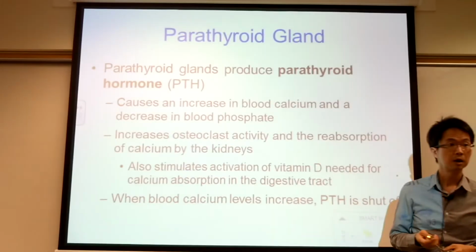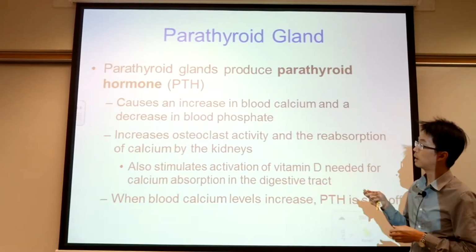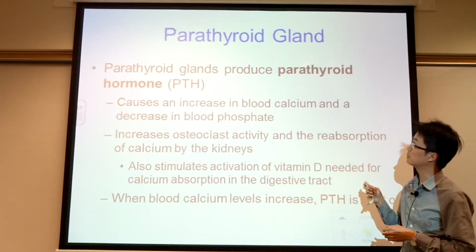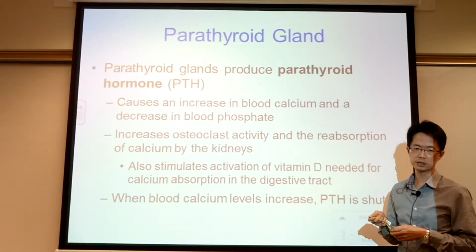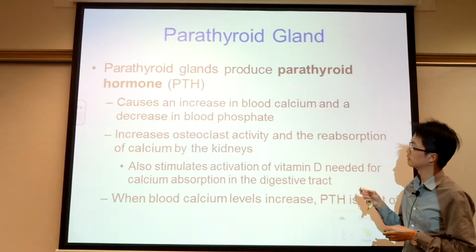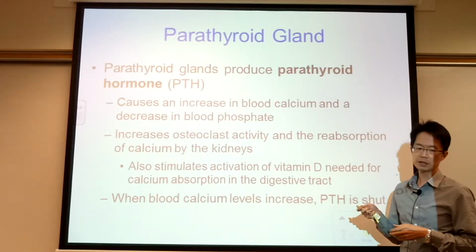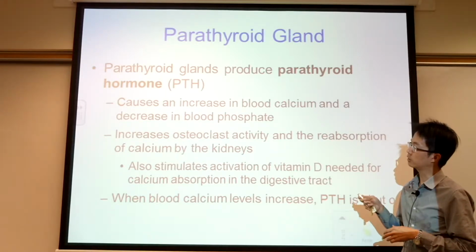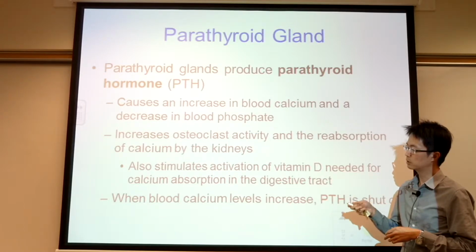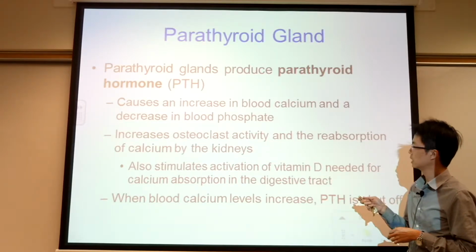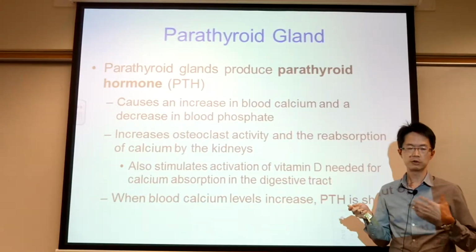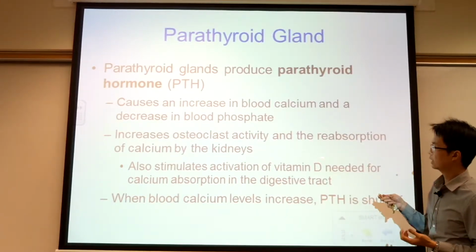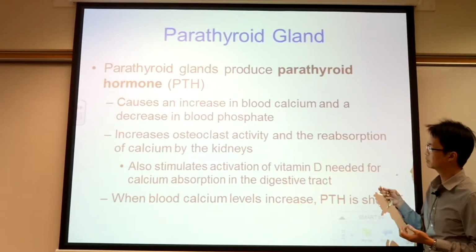Parathyroid hormone. The parathyroid gland makes parathyroid hormone. The main function of PTH is to increase the calcium level in the blood. When our body has a low calcium level, then the parathyroid gland can detect it and then secrete PTH. The PTH will increase the activity of osteoclasts, and osteoclasts will dissolve the bone to release more calcium in the blood,